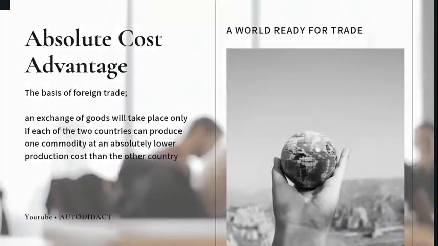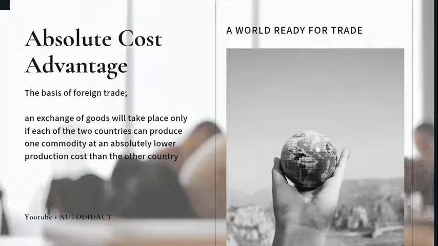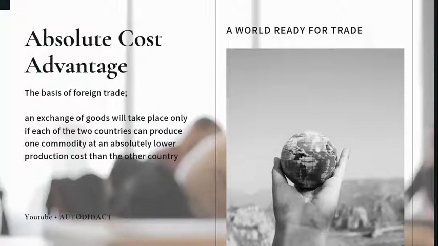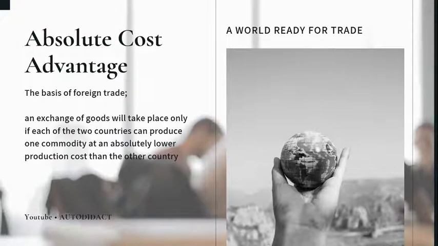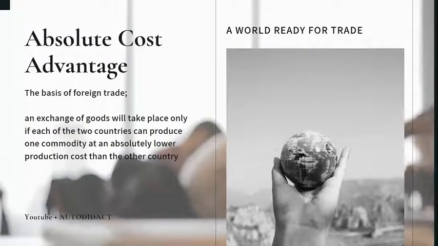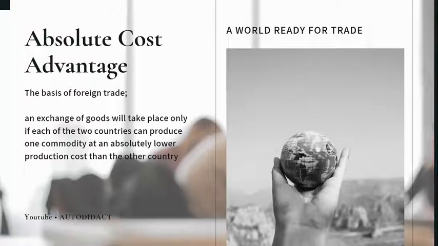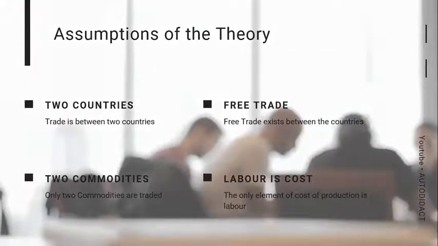Moving ahead, the theory of absolute advantage was the first that indicated the importance of specialization in production and division of labor. This theory was propounded by Adam Smith in his famous book, The Wealth of Nations, published in 1776. Smith argued that it was impossible for all nations to become rich by following mercantilism because the export of one nation is another nation's import. Adam Smith stated that all nations would gain simultaneously if they practiced free trade and specialized in accordance with their absolute advantage. This theory is based on several assumptions.